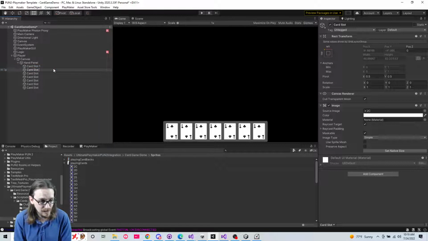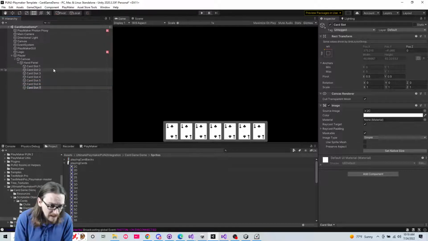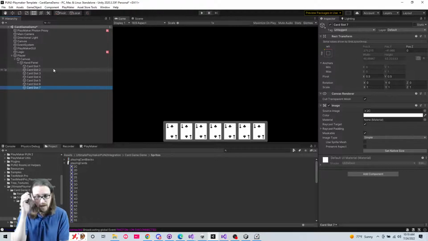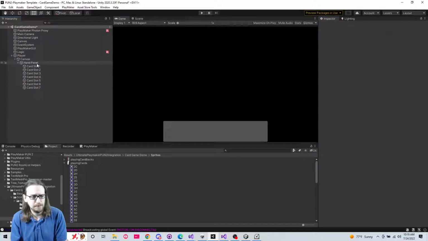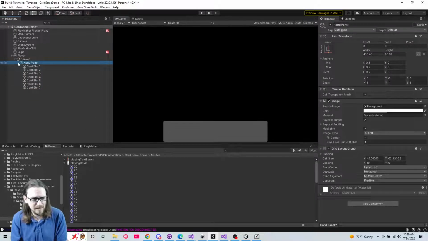What am I doing? F2 to enter, down, F2 3 enter, down, F2 4 enter, down, F2 5 enter, F2 6 enter, F2. You might feel lazy sometimes to not rename all these, but trust me, it's just going to help you see what's wrong with your logic if you take the time to do this. All right, so I have all these guys, and I'm just going to make them invisible. So we can hold 7 cards in our hand panel,